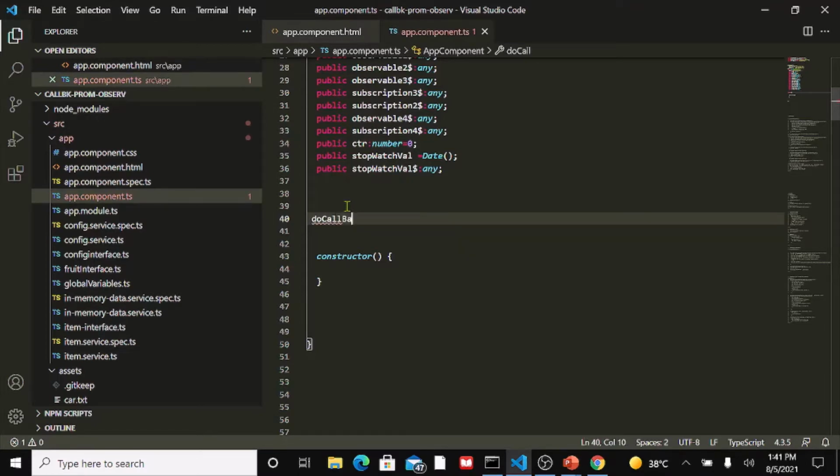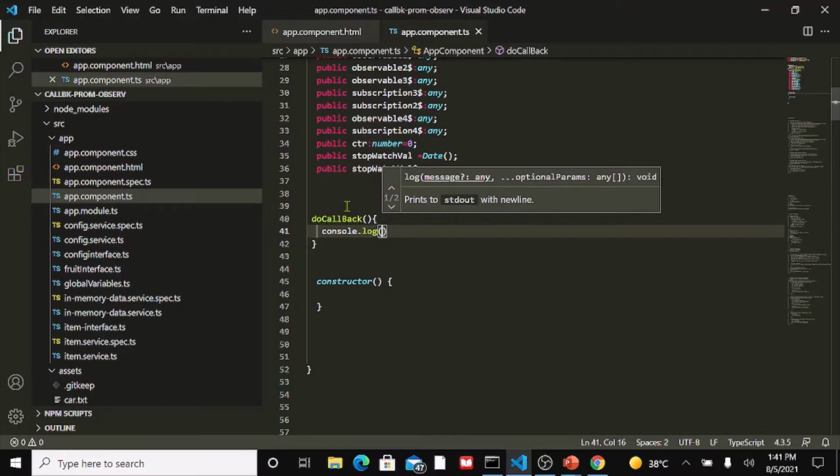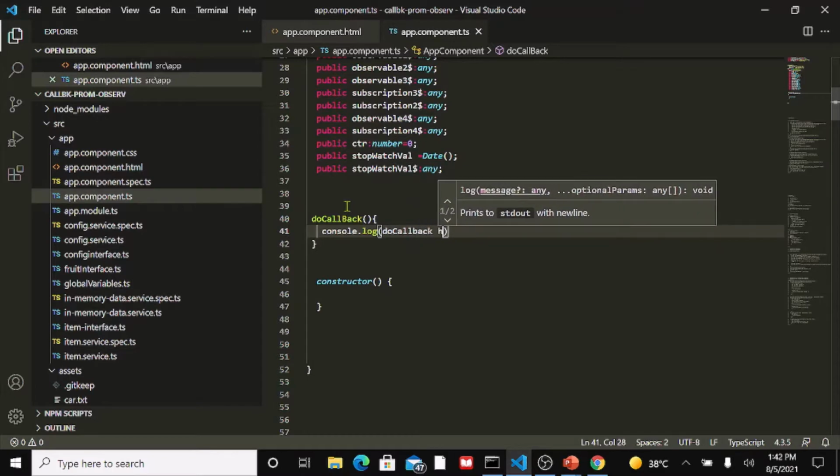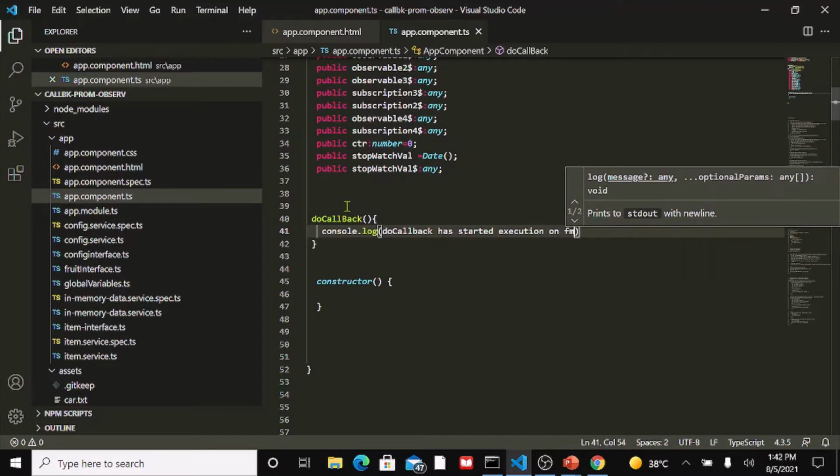Let's call it doCallback. Okay, and remember this function is going to start execution on the main thread. In a synchronous environment, the entire function will run on the main thread, right? There will be no concept of a queue because we're not using asynchronous methods. Here we'll say console.log "doCallback has started execution on main thread",